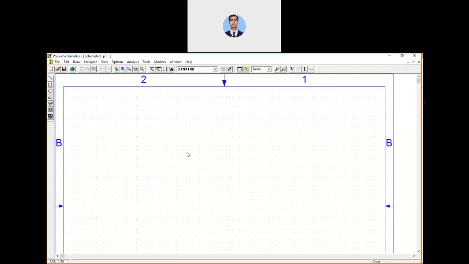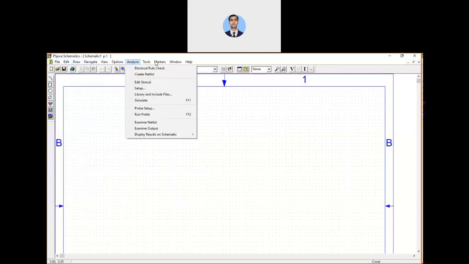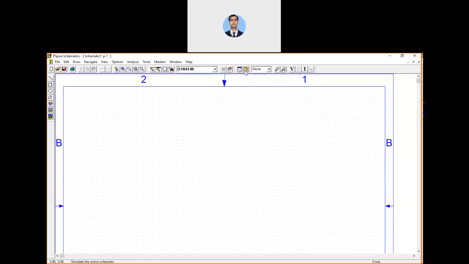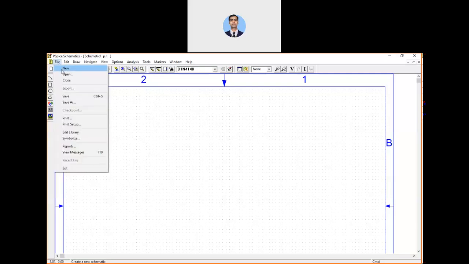Your schematic file is that particular page where you can create all kinds of circuits and simulate. Here are different kinds of menus. Also the simulation button is here. Also a very important button, that is Setup Analysis, here. In other videos I will tell how to work with these particular options, how to get the parts and all that, and how to save, how to create a new one, open, and you can Save As also.